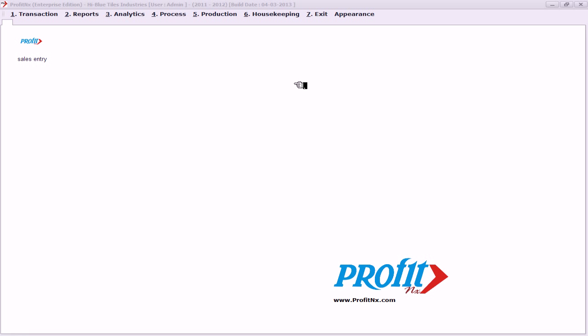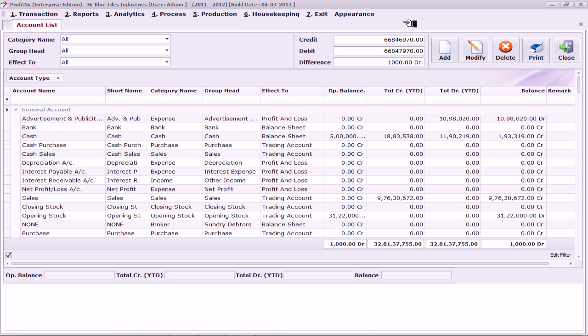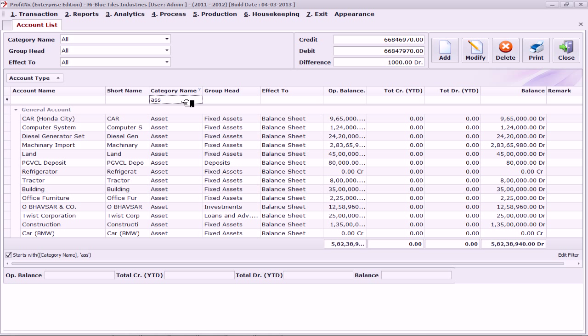Profit Annex provides excellent options for professional accountants to get their job done quickly. For example, one of the biggest requirements for professional accountants is to provide the figure for advance tax. Now, for preparing the figure of advance tax, professional accountants have to generate the profit and loss account, and in any